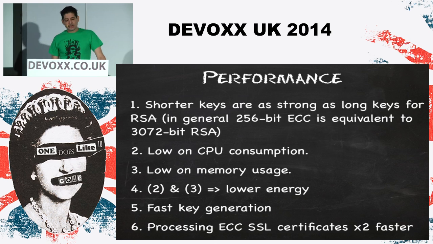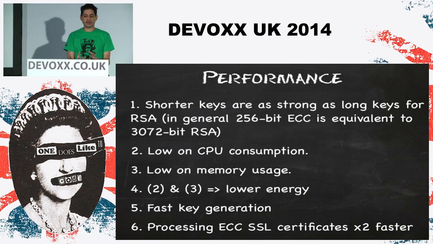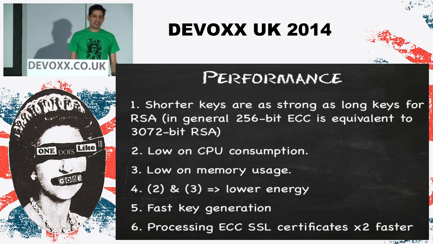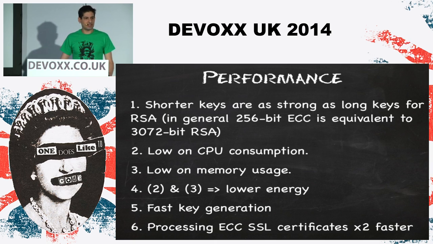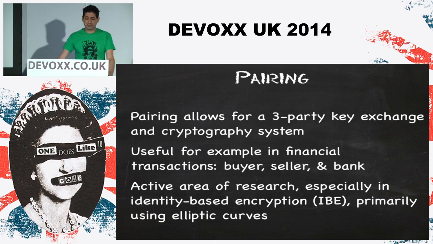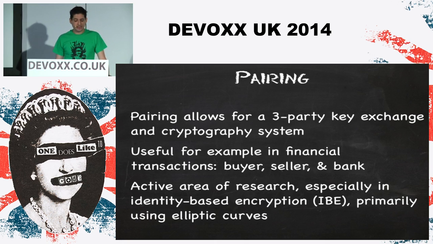So, performance is better for shorter keys with ECC. We get the same level of security as we do with large number keys for RSA. So that allows the performance trade-off. ECC is stronger with smaller key sizes, and therefore it's quicker to calculate. And it's lower on CPU, which means it uses less battery. And therefore, it's great for mobile phones, which is why Android are pushing for it to be one of the recommended default encryption mechanisms. And also processing the certificates is a little bit faster, just for a quirk of the mathematics.